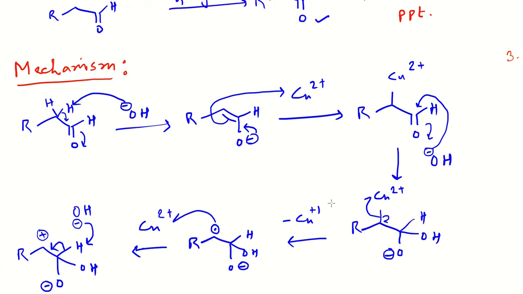Okay, so what is the mechanism for this reaction? One main criterion for Fehling's test is that the aldehyde must possess alpha hydrogen atoms. So we can see that here this aldehyde possesses two alpha hydrogen atoms, which are crucial for the conversion into the corresponding enol form. So in basic medium, the OH- abstracts the proton of the alpha hydrogen atom from this aldehyde to provide the corresponding enolate anion, which then reacts with Cu2+ in order to generate this intermediate.